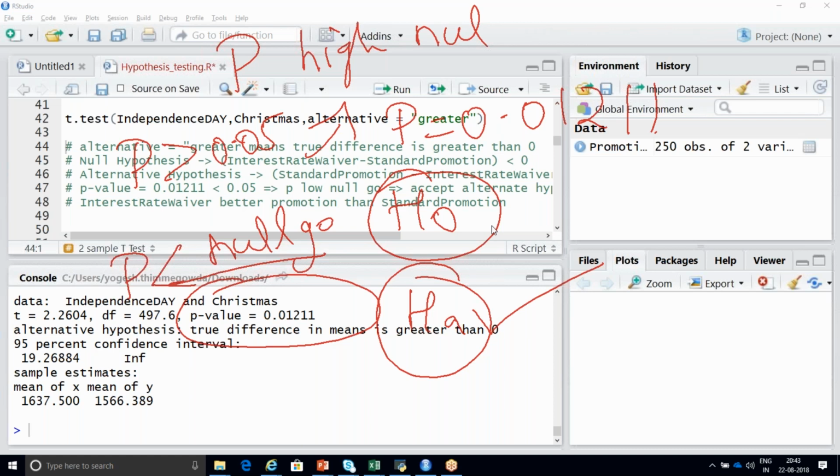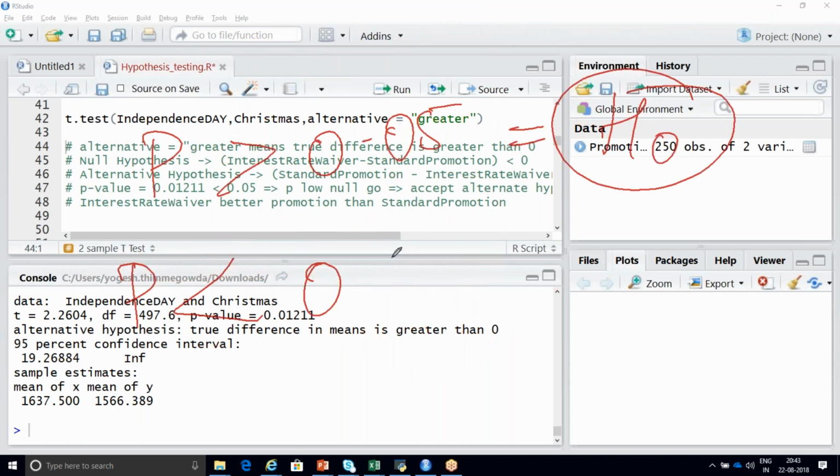Whatever we have done till now is with respect to your p-value only, right? So if your p-value is greater than 0.05, you should accept your null hypothesis. If your p-value is less than 0.05, you should accept your alternate hypothesis.